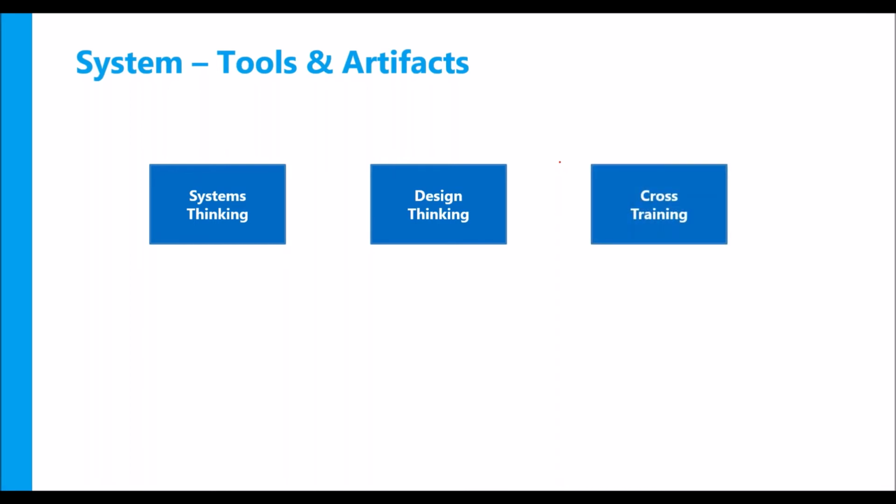Cross training can be one way of making the team understand the project as a system, because different team members work on different components, right? Now, if one team member working on one component gives a cross training to the team members working on other components, they get to understand the system, the project, as a big picture. That can be one tool that you can use, right? And as a project manager, you can set up shared understanding in the project.